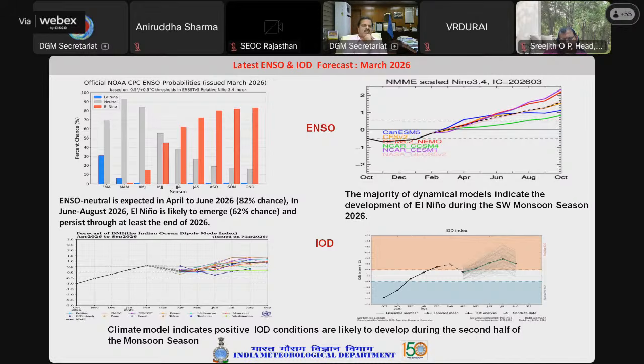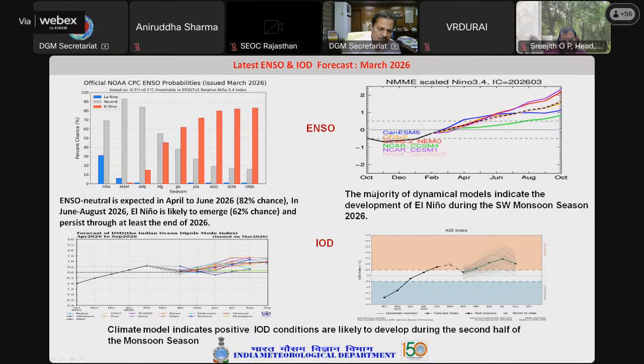But the forecast is that there is high probability that ENSO neutral will continue in April to June, with 82% probability. And if we go to the June to August period, then there is 62% probability that El Nino is likely to develop. So therefore, we will be keeping watch and monitoring continuously. But rest assured that April to June, it is not going to be any El Nino conditions. And July, whether it will be end of July or so, there is a kind of uncertainty that we'll see over